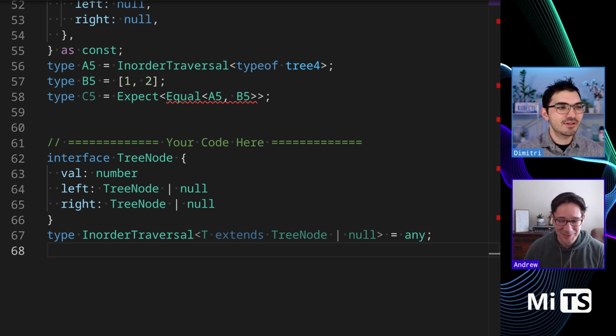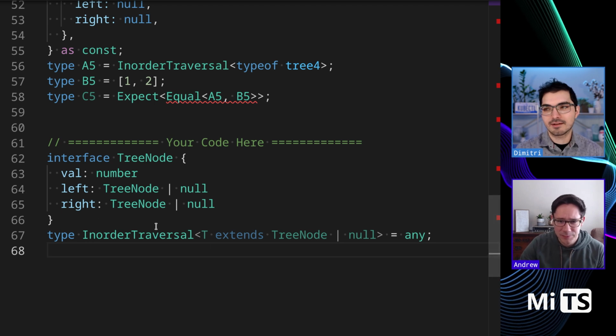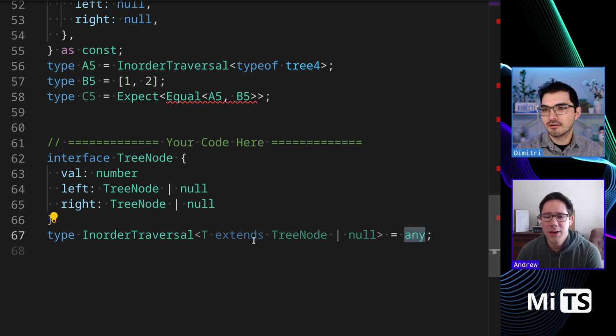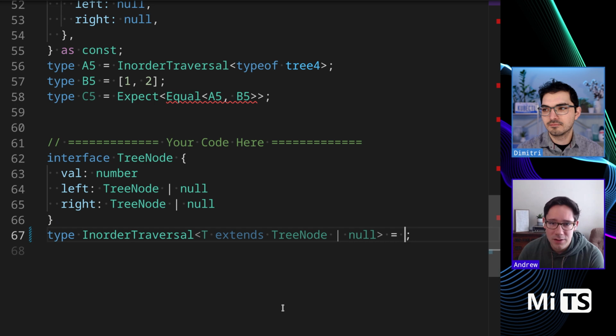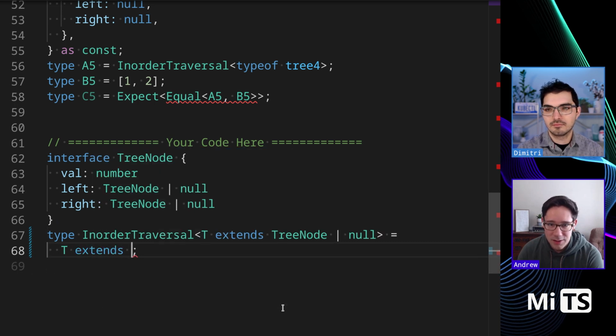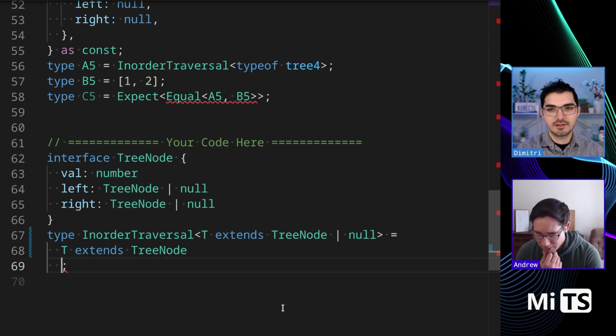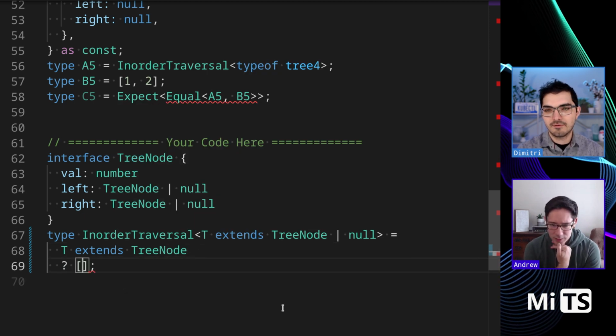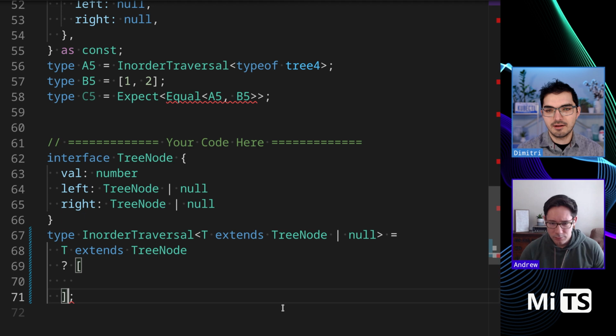Okay. All right. So, how would you approach a problem like this? Well, I think the first case I would want to solve is the tree 2 or A3, I guess, the simple case of just one node and there's a value there. Okay, so I'll set you up here. So we're always returning an array, right? And then